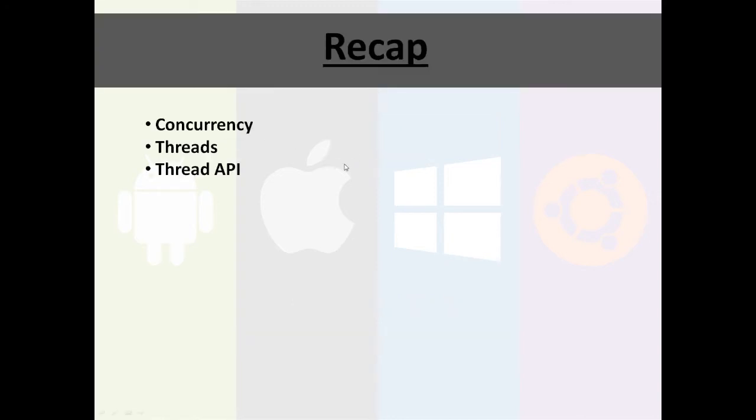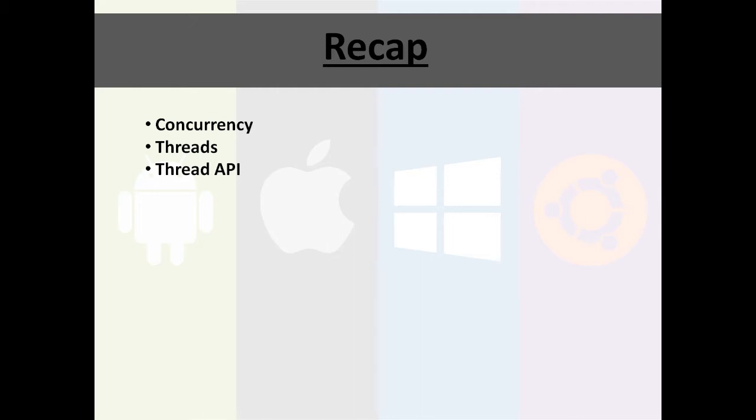But before we get into that, just a quick recap on what we looked at a couple weeks back. We basically discussed what is concurrency, and that was the idea that you can have multiple tasks running at the same time, just like how multiple things are occurring in the same time in the real world. We looked at how threads allow for concurrency to occur, as well as multiprocessing. And we looked at the thread API and how it was very similar to basically our process API in terms of thread creation versus process creation,